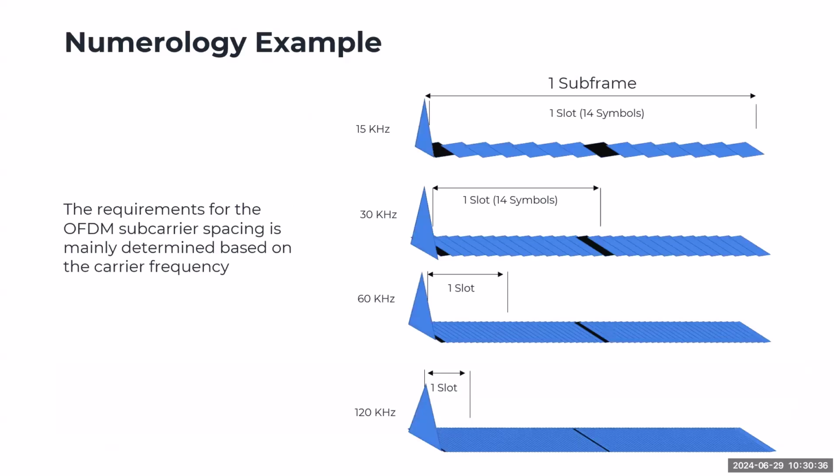Now, if you look at a different perspective of numerology, ganito ang itsura niyan. If you have one slot, pag tinignan mo siya dito on this side, you will see one carrier, one subcarrier, 15 kilohertz. Pag tinignan mo sa gilid, ito naman is yung time. So, this is the frequency, this is the time. Pasensya na kayo sa sulat ko, medyo pinaglihi ako sa manok. So you have 14 symbols in 1 millisecond, or 0.5 millisecond or 1 millisecond. So this is where it happens.